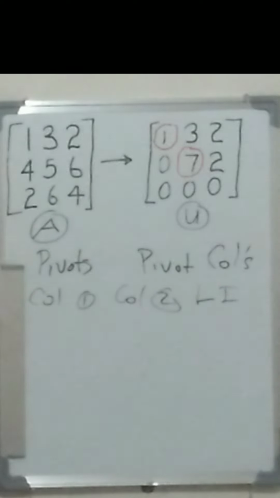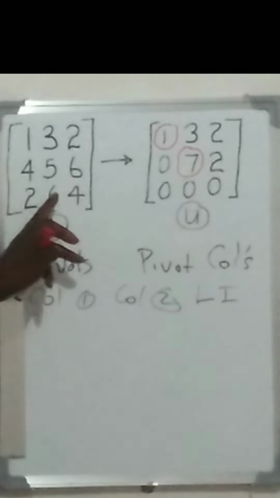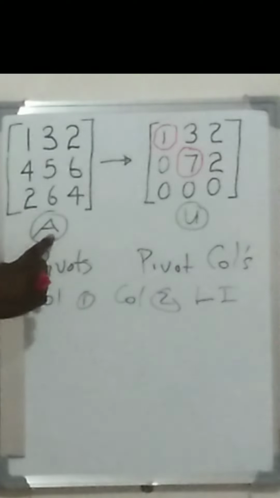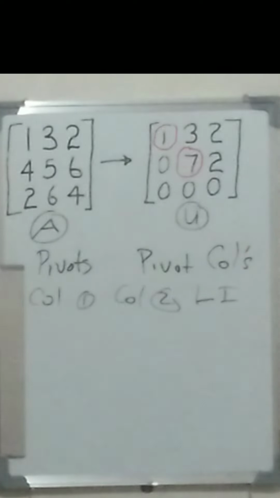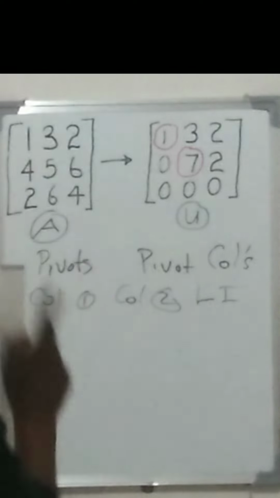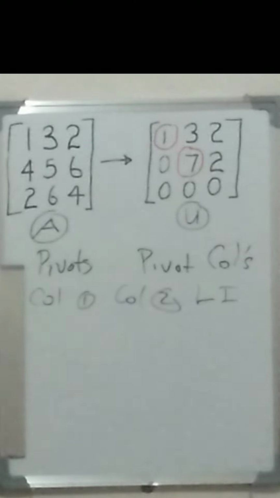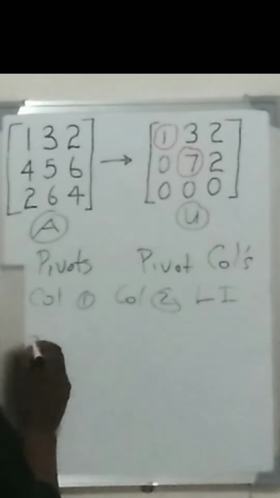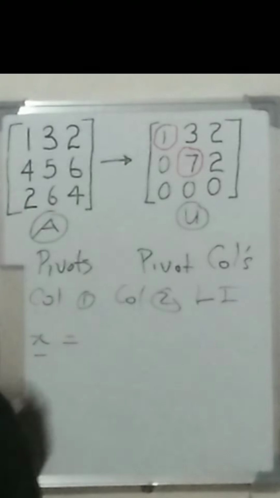Now, it also means that these two columns form a basis of the column space of A. In other words, any vector in the column space of A can be expressed as a linear combination of these two vectors. So, for example, if we have a vector X in the column space of A, then X can be expressed as